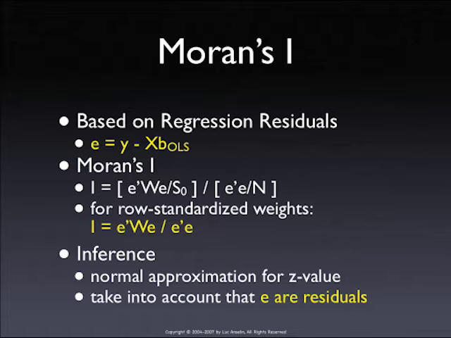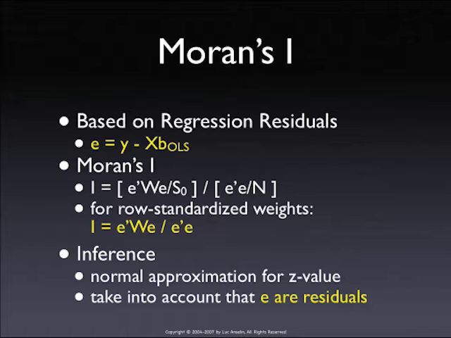other day, except that in the computation of the mean and the variance of the statistic under the null of no spatial autocorrelation, we make some adjustments for the fact that these are residuals and they're not just regular random variables. And as I mentioned a few minutes ago, residuals are already somewhat spatially correlated, so that needs to be taken into account. So if we have the residuals of a regression, let's call them E, then the Moran Xi